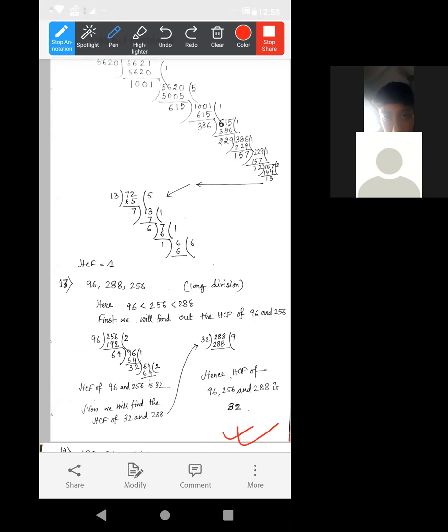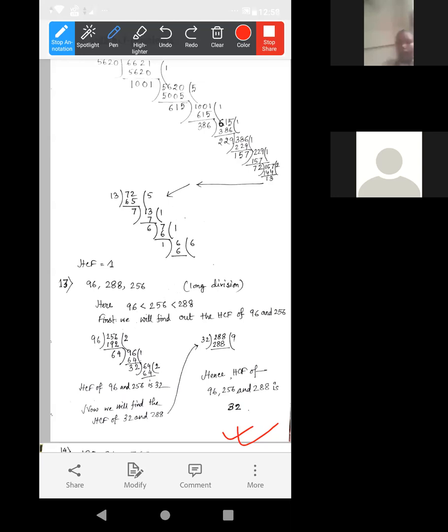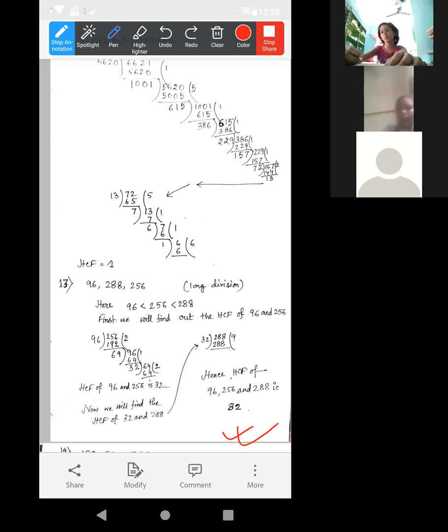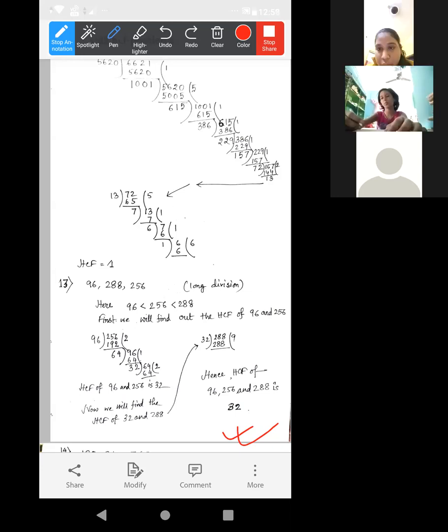Shoham and Mirza, Shayon and Shomojit, these 4 students, keep your camera on. Shomojit has a problem regarding the camera, I know, but Shoham, Rifa, Sinjini, if you don't turn on your camera, you will be marked as absentee.